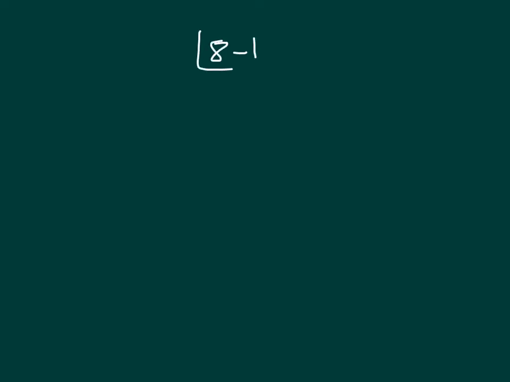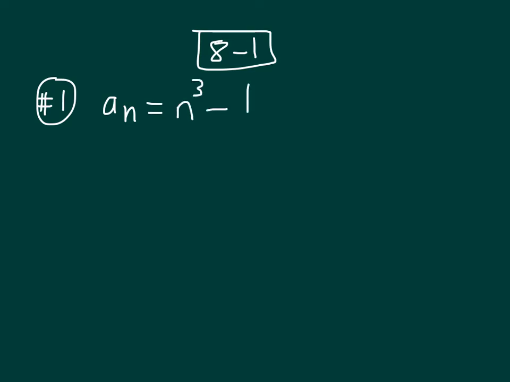8-1. We're going to start with number 1. We have a sequence defined by this rule, a_n equals n to the third minus 1. We're asked to find 6 terms in that sequence. We're going to start by n equal to 1. To get to the first term in this sequence, it will be 1 to the third minus 1, which is